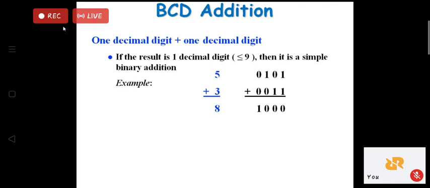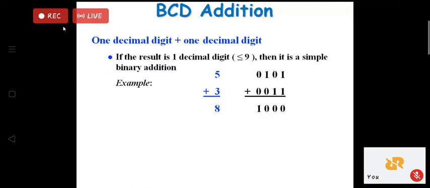Okay, so if I want to add 5 and 3, it is a normal binary as well as a BCD number. So consider this as a BCD number and try to add it. 5 is represented as 0101. No need to repeat how it has come, it is by heart now. 4 plus 1 is 5, that's why 2 raised to 2 is 4 and 2 raised to 0 is 1. So 1 into 1 plus 1 into 4 is 5. Similarly, I have written 3 and I have done the addition.